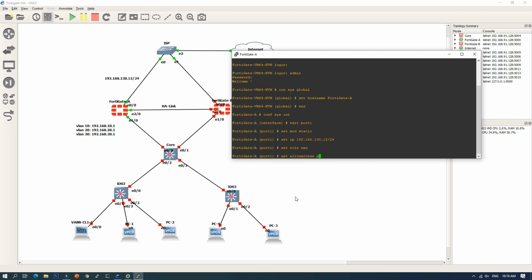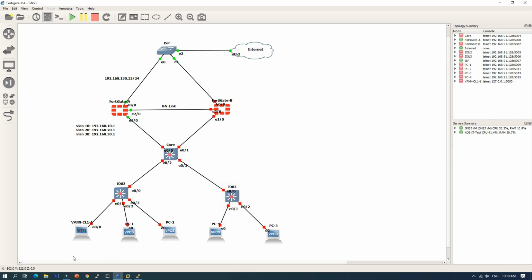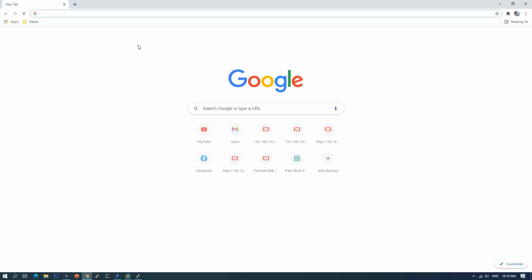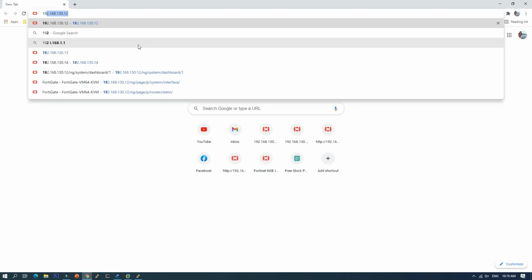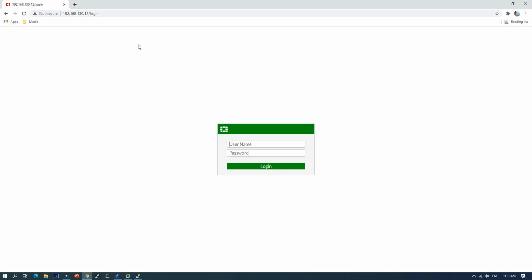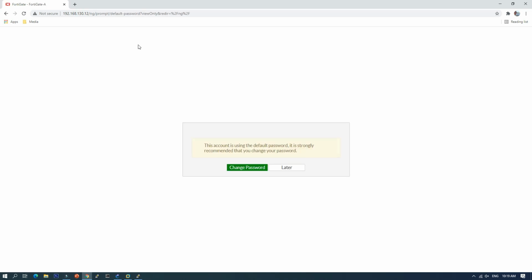So I can say ping, https. Okay, I think we can access now, and let's go to the web browser. Okay, no need to change the password.